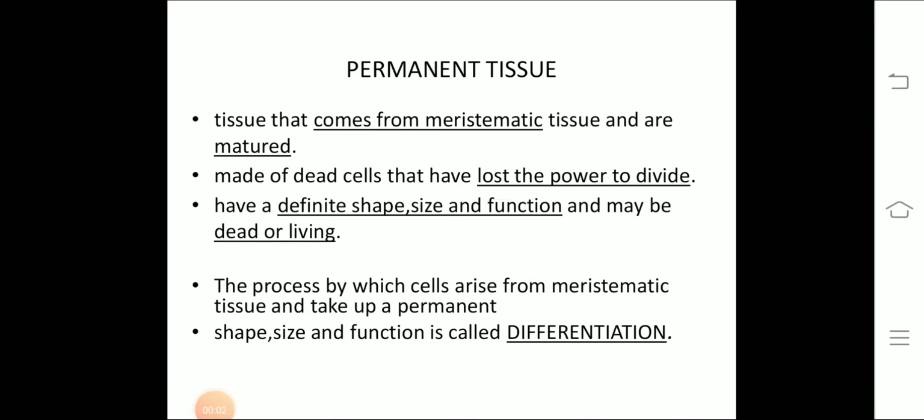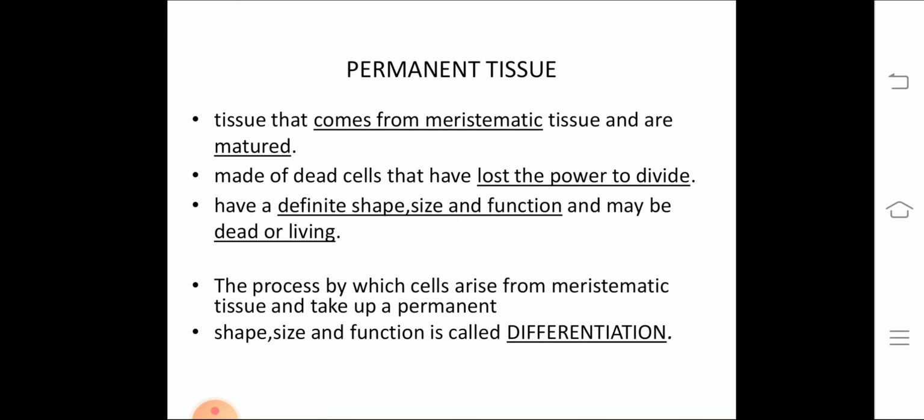Children, in the last class we studied meristematic tissue. Meristematic tissues are the only dividing tissues of the plants. They are responsible for the growth of the plant, let the growth be increasing in height, or increasing in width, or number of branches or leaves. Based on that, we learned three types of meristem: apical meristem, intercalary meristem, and lateral meristem.